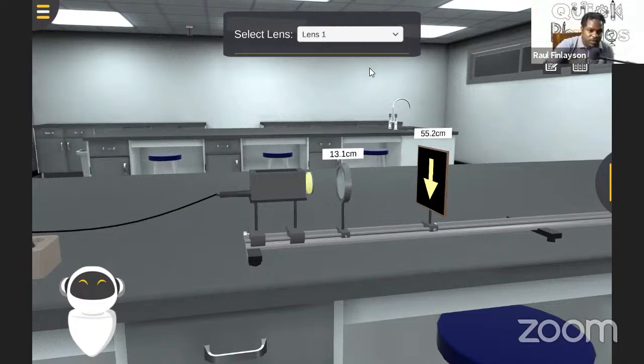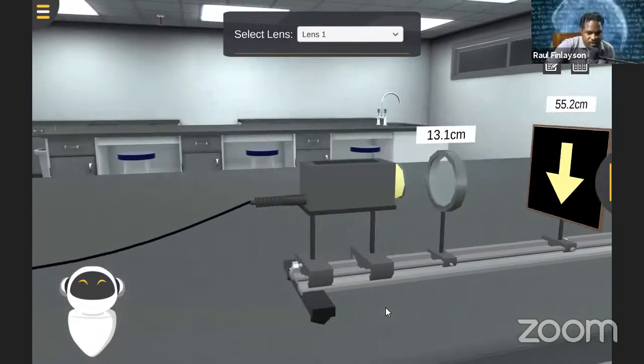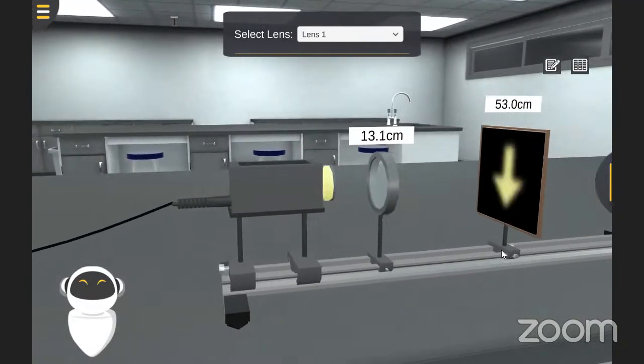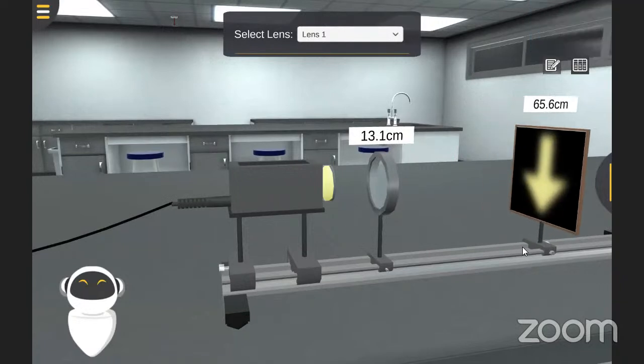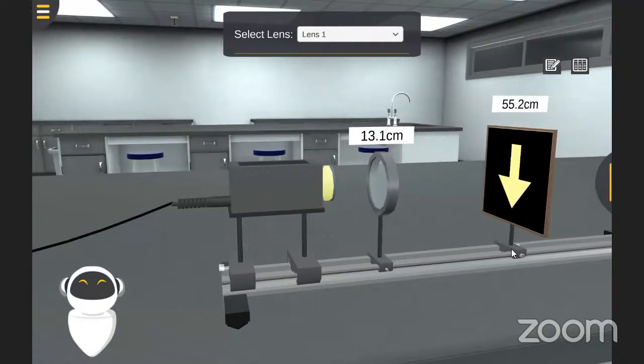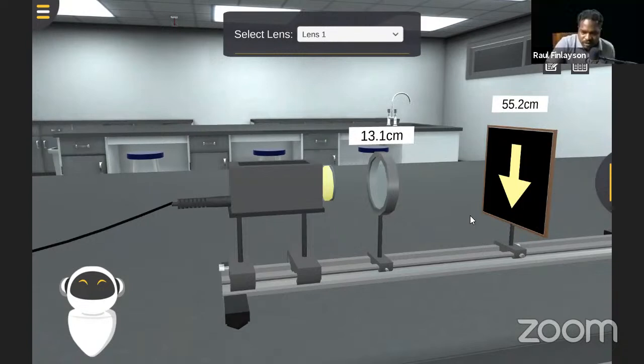This one is sharp. If you look at it, you see that it's sharp, guys? Yes, sir. Because if we move it forward some more, it's blurry. Right, it goes from sharp to blurry. So there's some sharpness going on there. All right, so at 13.1, guys, it's going to be